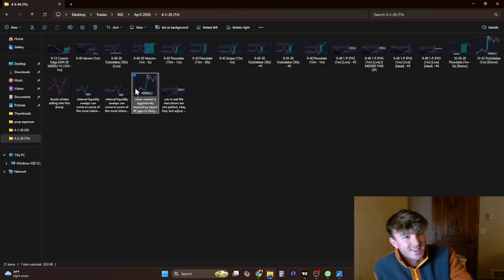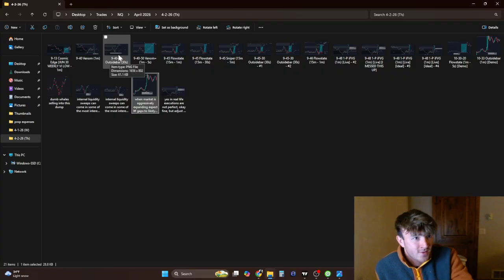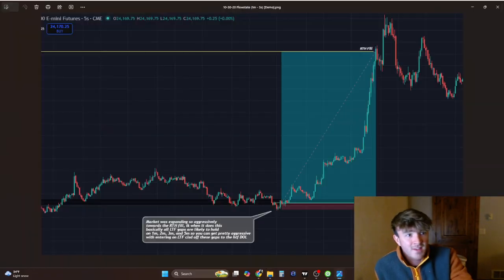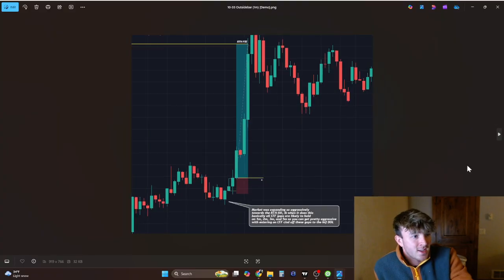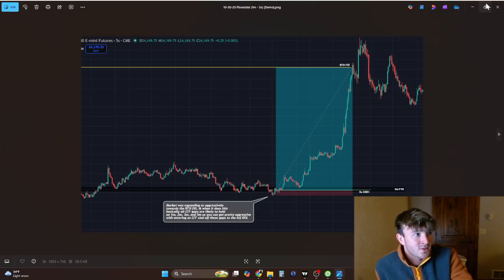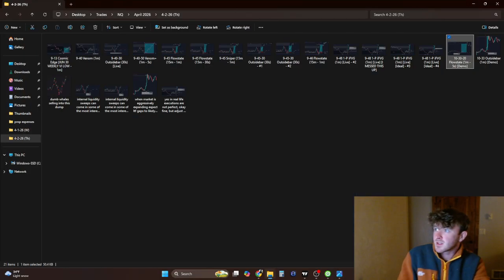I was just like, hey, let's just take a low time frame change in state for fun. What is that? What's the low time frame change in state? It's a 5 second. So I took this on demo just for fun. Boom, 5-second change in state off that 1 minute gap to the RTH fill. And then I stacked on this outside bar, and so this was like 8R or 10R or something like that, and then this was a 30R, so altogether it was like 40R, and I took this on demo,